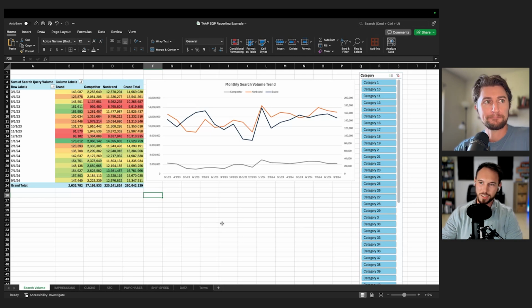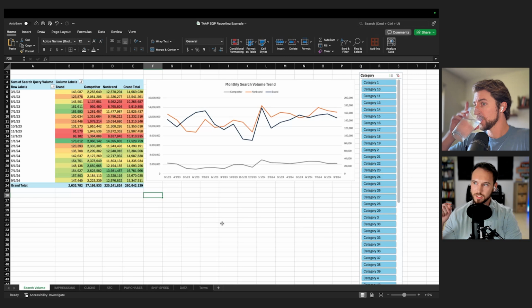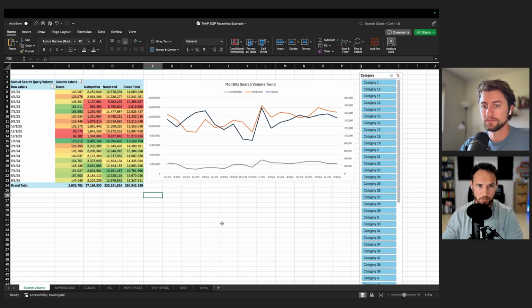Yeah, for sure. So the main purpose of sharing this spreadsheet with you is to give you ideas for stuff that you could potentially do with the Search Query Performance Report, and views that I look at every once in a while. I don't use every single one of these by any means. There's certainly some that are more important and more indicative of the performance and the objectives that we're trying to achieve than others. But a lot of it is helpful with trying to tell the story of what's happening within